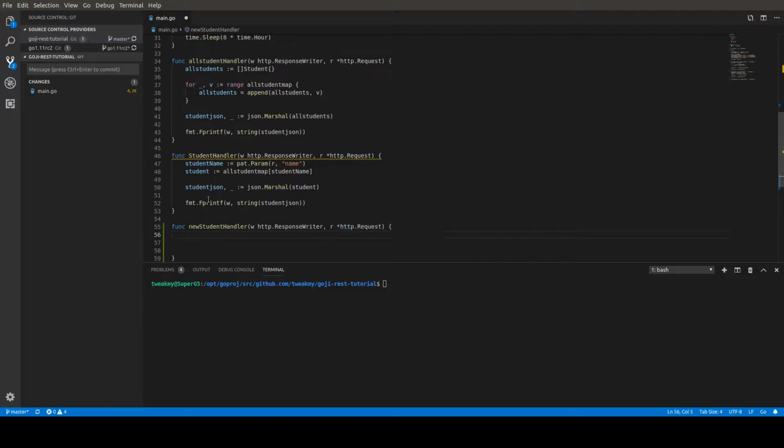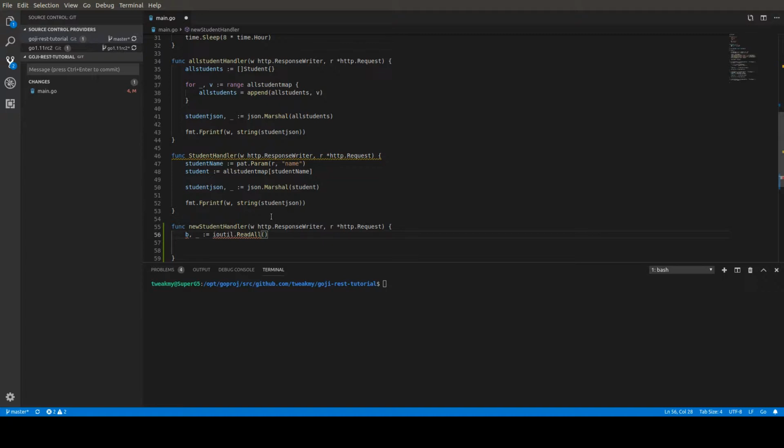So it's nothing too much of a show, except that we have to do the following. So what we say is b, which is the byte over here, and then err. Well, actually let's drop the error handling for now and assume everything went well, and use ioutil.ReadAll,